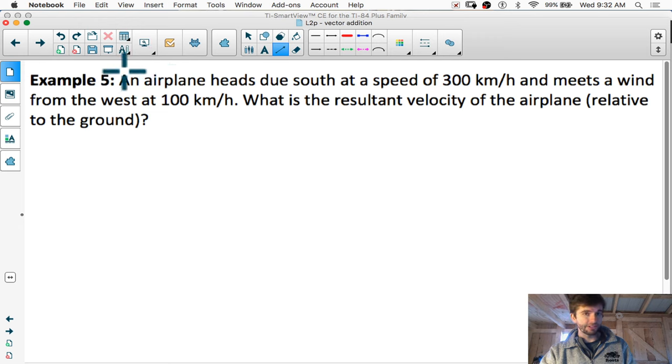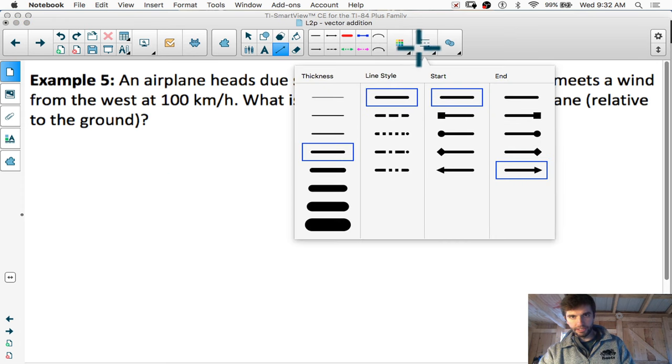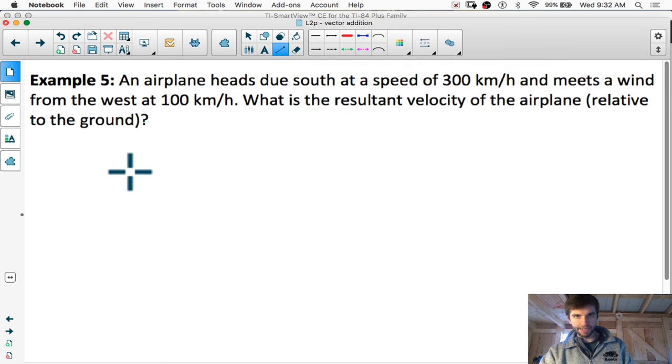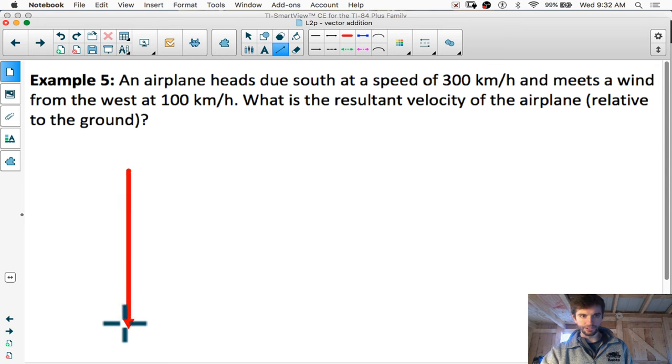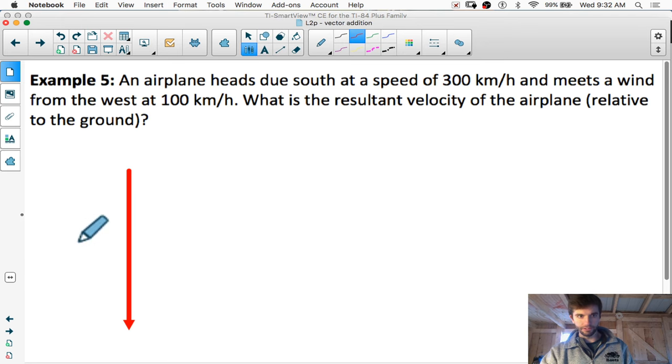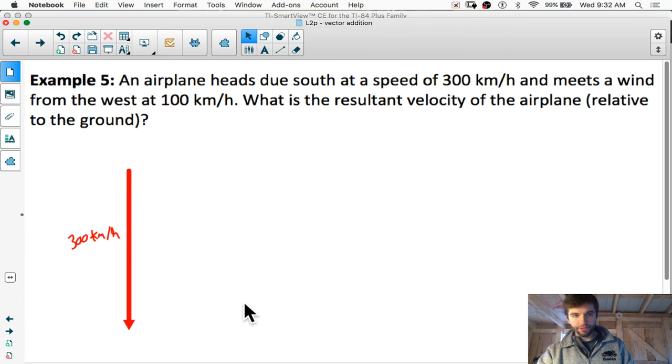This question says an airplane heads due south at a speed of 300 kilometers an hour. So it's going south, so straight down at 300 kilometers an hour. So we know its direction and we know its magnitude. And that's what every vector has, a direction and a magnitude. So it's going down at 300 kilometers an hour. So I know this vector, its magnitude is 300 kilometers an hour. And then it says